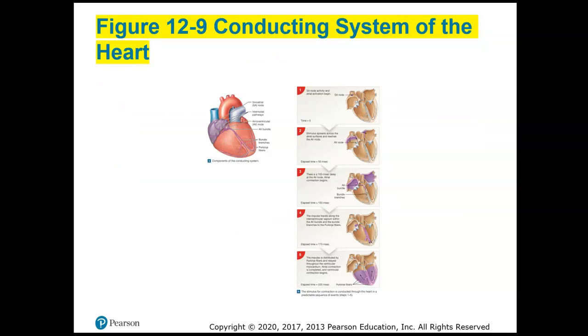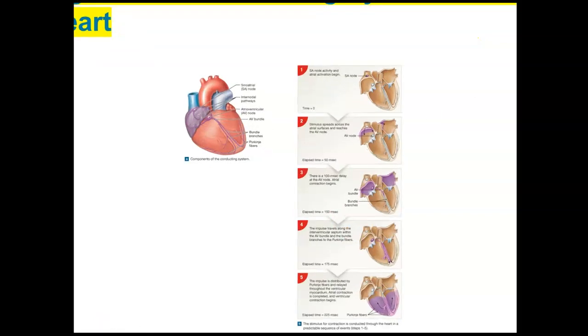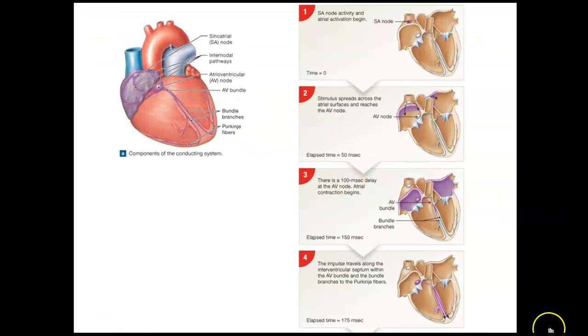Now, I do want to go over the conducting system of the heart. The heart regulates itself, it has its own auto regulation. It's an automatic system that's caused by these nodes and this nodal tissue, which is like nervous tissue. So the pacemaker cells are located here in the SA node, which is in the upper end of the right atrium. And so the electrical impulse starts here,